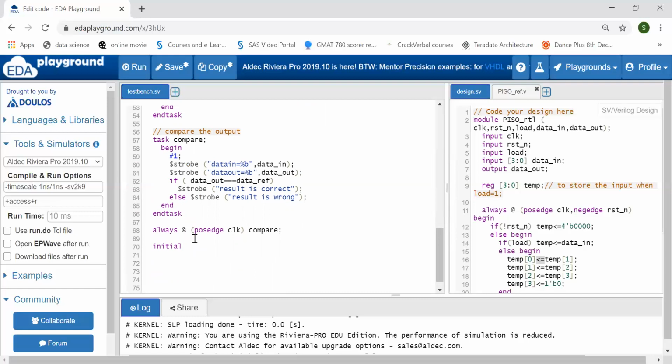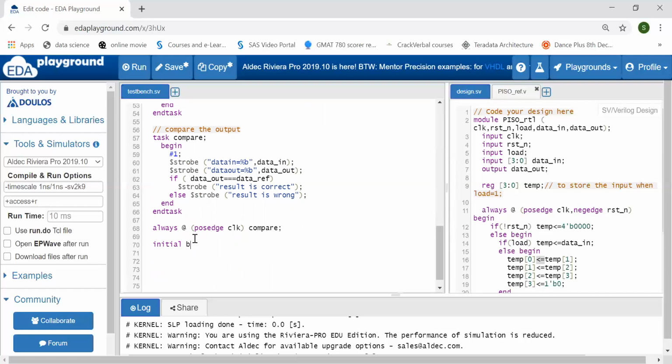So here initial begin. $dumpfile, this is to check the waveform in the EDA Playground. Okay.